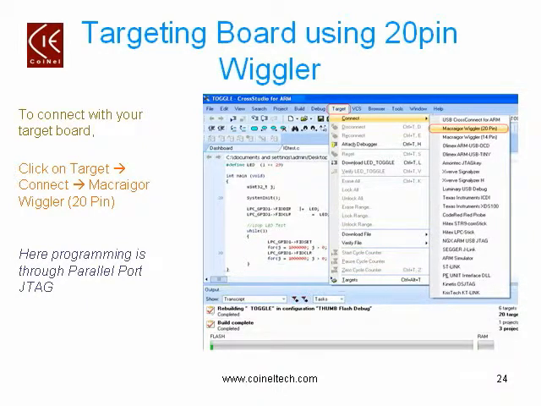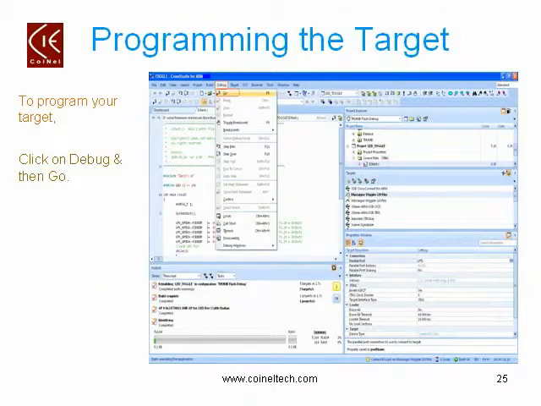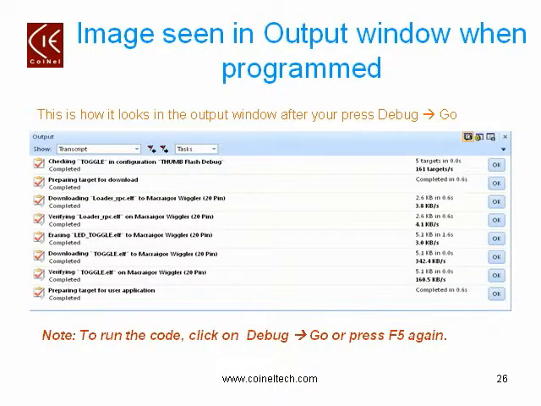Here programming is through parallel port JTAG. To program your target, go over to the Debug menu and then click on the Go option. This is how your output window shows when your code is being programmed to your target.